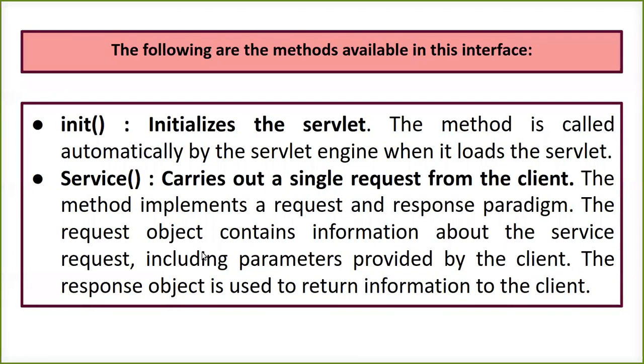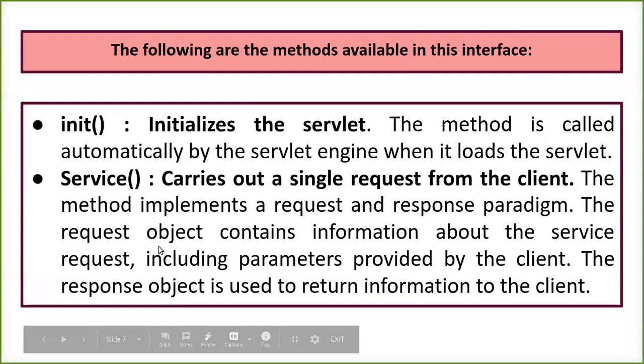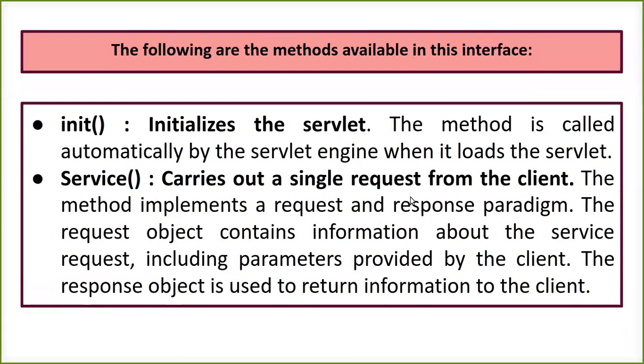code, what is going to happen? The service method is going to start working. It is going to start carrying out the request from the client. It is going to generate the information and give it back to the client. It will consider all the parameters which are coming from the client. It will not even skip one. And all the parameters are going to have responses, and the information is returned to the client. So this service method is going to work.